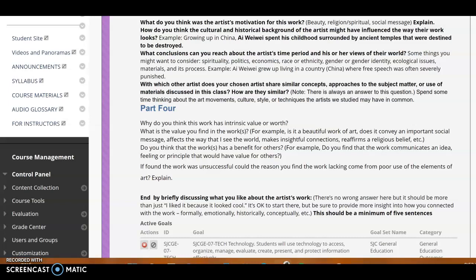Not just money value, but can we gain something from this, some kind of knowledge? And then what is the value you find in the work? So if it has value, what is that value? Is it a beautiful artwork that communicates beauty, or is it more about